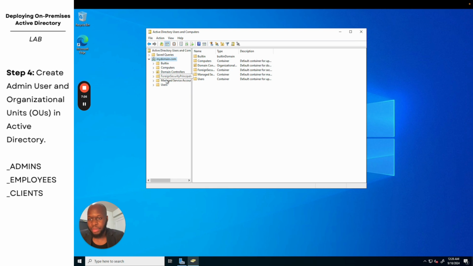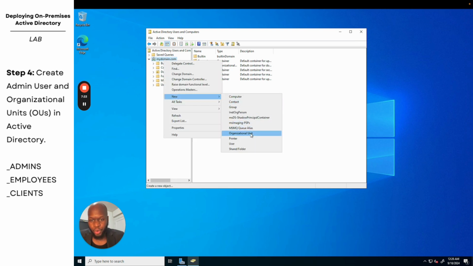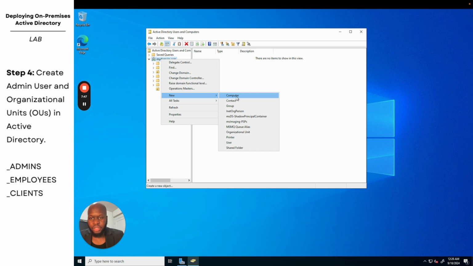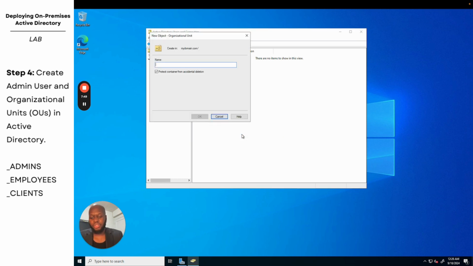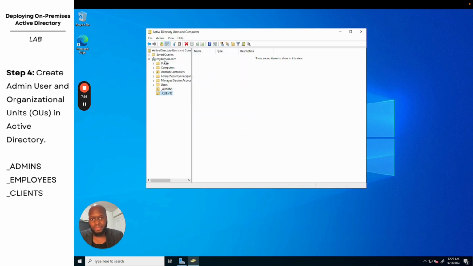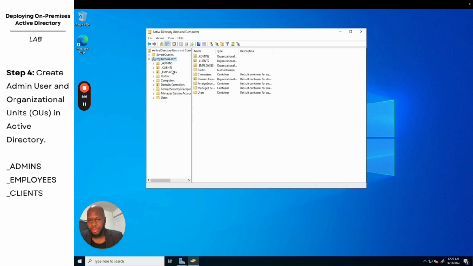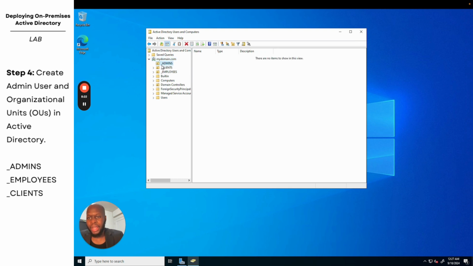We have some built-in folders, and we are going to create 2 new organizational units. This is just a fancy way of saying group, and the first one is going to be admins. The second one we are going to make is going to be clients. Clients meaning computers, clients meaning hosts, clients meaning devices, a lot of different things. And then we're going to make another one, which is employees. Now that we have 3 new organizational units,